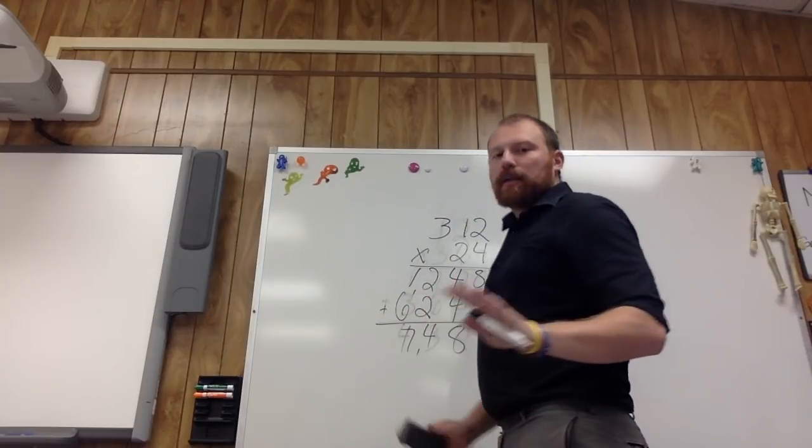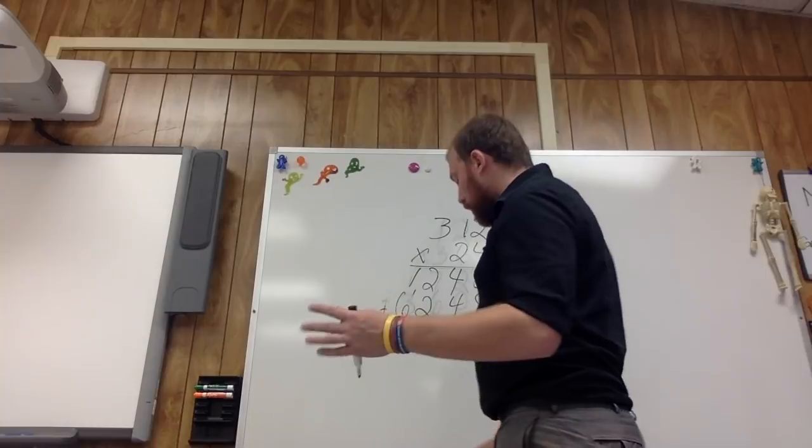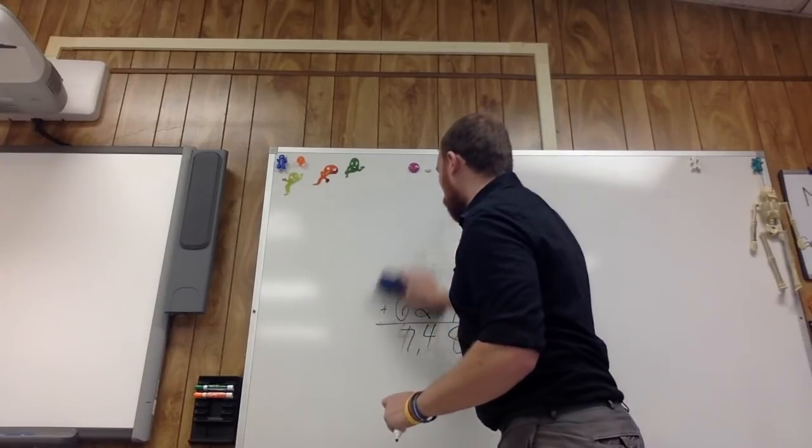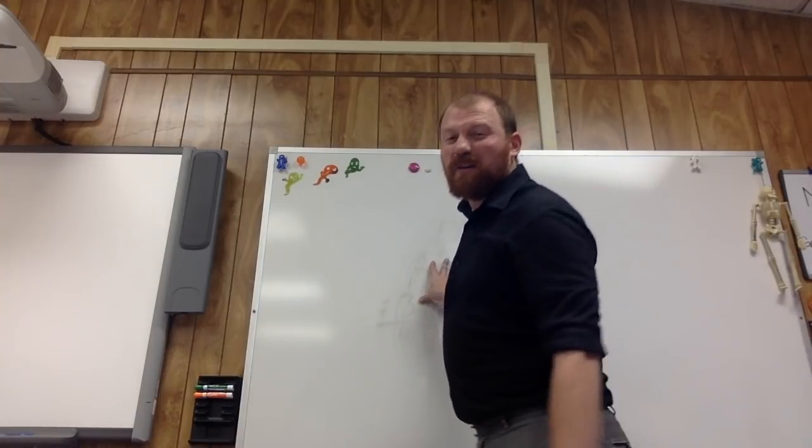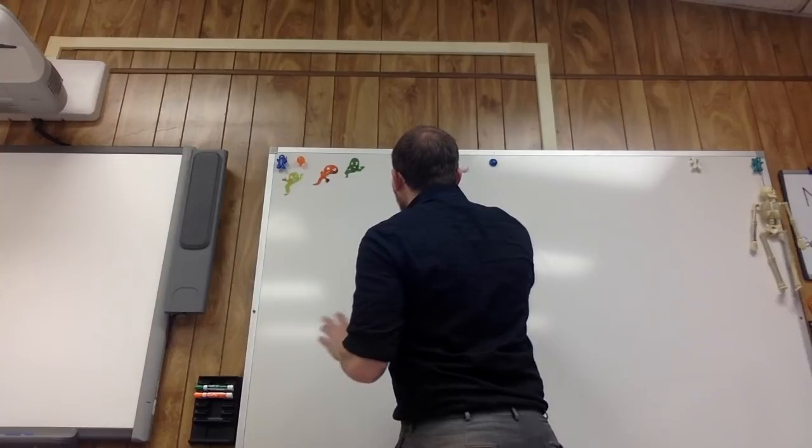Now, for those that might be getting a little confused, there's another way we can do some multiplication. And it's called partial product. This is pretty much multiplying just by the place values. So I'm going to break it down to show you. If you get confused by it, ignore it, don't worry. But I'm going to show you a different way of doing it. So I'm going to start